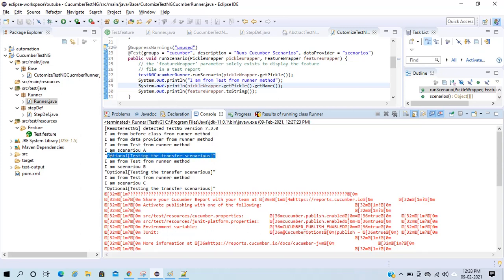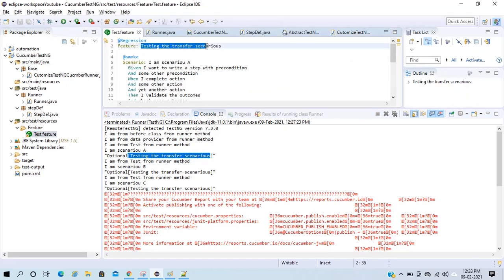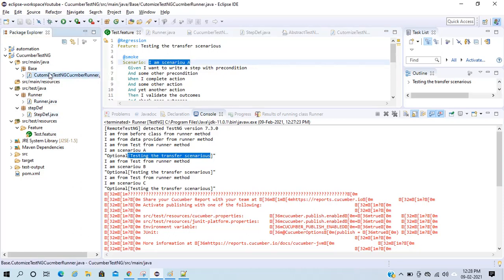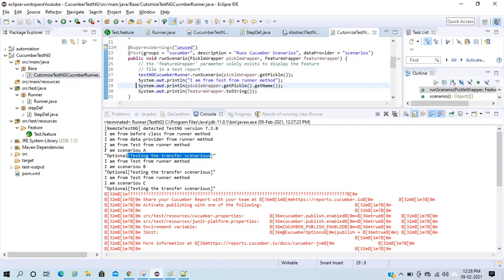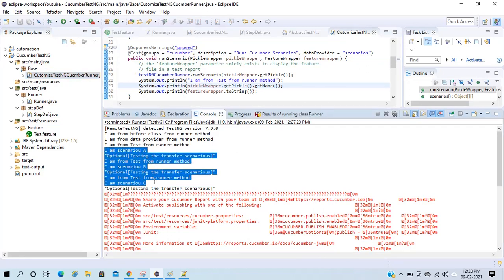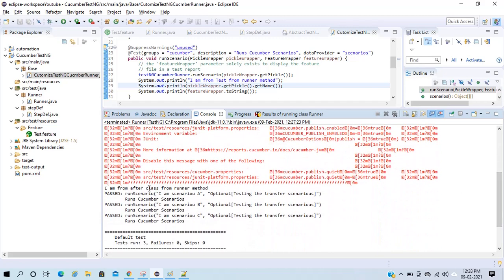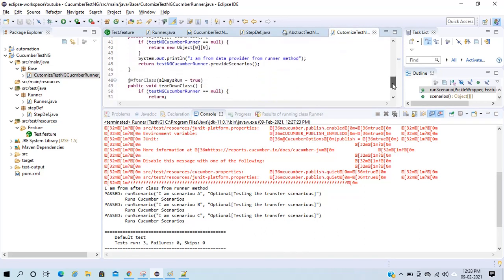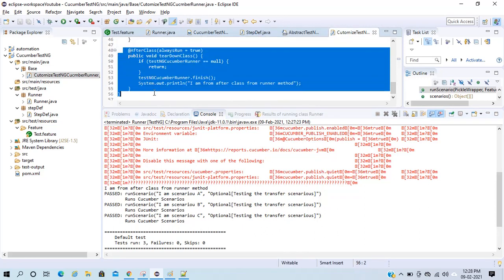The feature name comes in this format; optionally you can use a string operation to remove this, and then your feature name is testing the transfer scenario. I am scenario A is my first scenario, and the same thing it will do for the other scenarios, A, B and C, and then it will go to my after class.